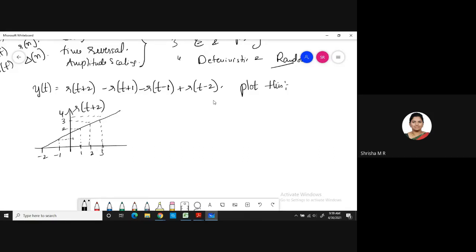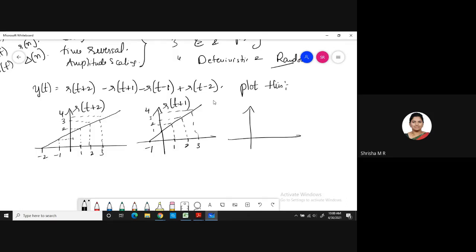Okay, and we shall see r of t plus 1. R of t plus 1 starts from minus 1. So amplitude at minus 1 is 0, at 0 the amplitude is 1, at 1 the amplitude is 2, at instant 2 the amplitude is 3, at t is equal to 3 amplitude is 4. Okay, for r of t minus 1,